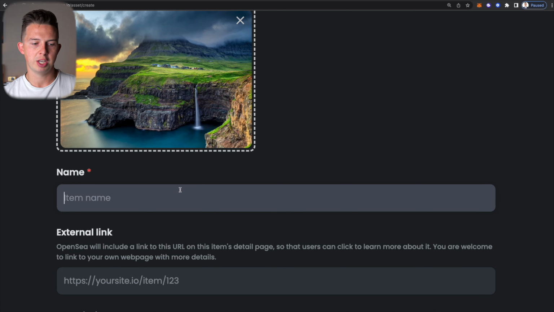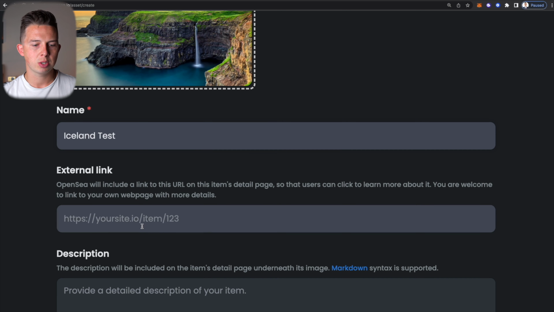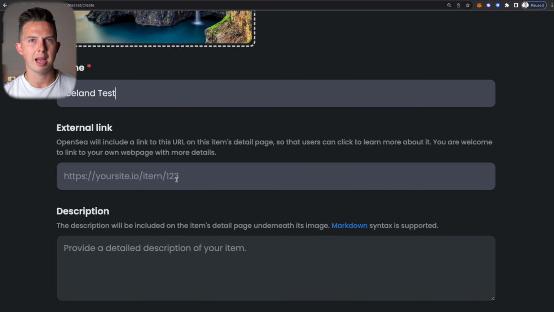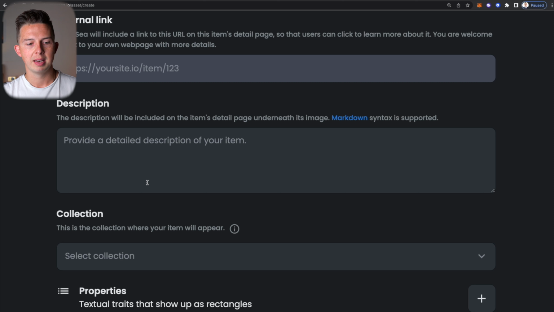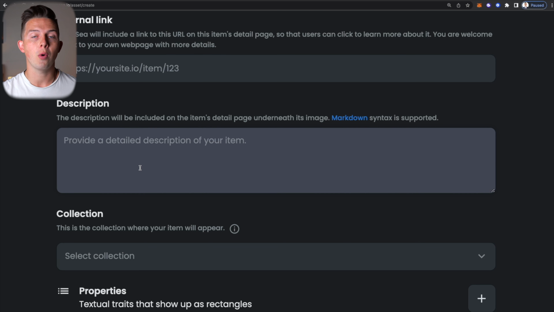Now, next thing we're gonna do is just name this Iceland test. How about that? And if there's any sort of external link, we're gonna add that, but we don't need to do this for this test NFT. But if you are making an actual collection and you have a website, go ahead and link that here. Next, we're just gonna make a description for our NFT so everyone can see what it is. And I'm just gonna put, this is an Iceland